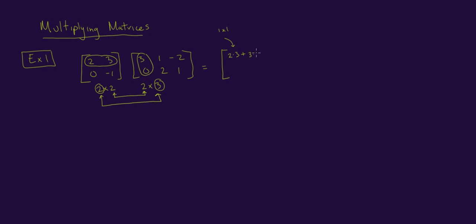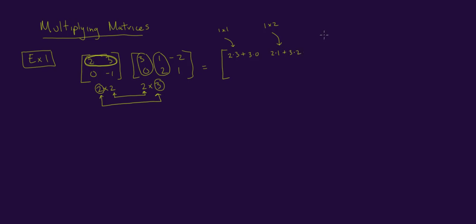That's how we do a dot product: we take the first number of the row vector multiplied by the first number of the column vector, and then add the second component versus the second component. Okay, moving on, if we want to move over to the first row, second entry, we're going to again take the first row, but this time multiply it against the second column. So now we'll be doing 2 multiplied by 1 plus the second entry, 3 multiplied by the second entry,